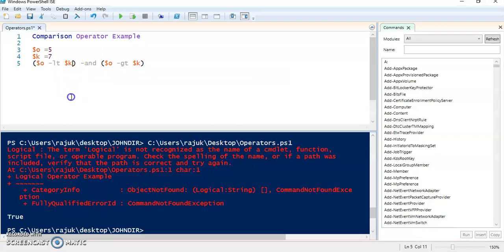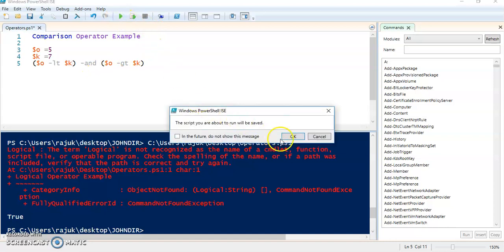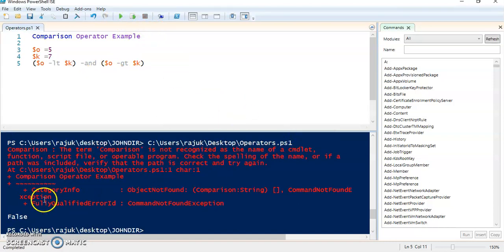It means a is not less than k and o is not greater than b. If this condition is true, then it will show true. If it is false, then it will show false. You can see here this condition is false because o is not greater than k. o is small and k is big, so the condition is false.